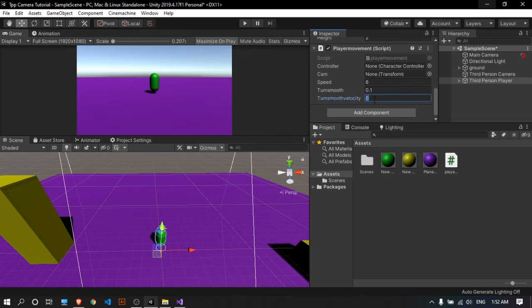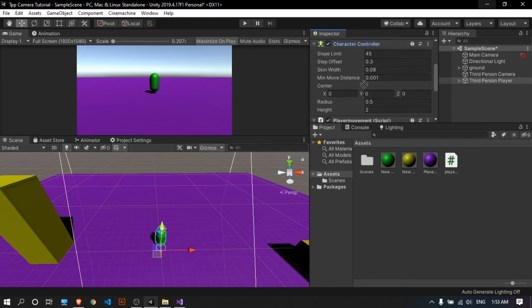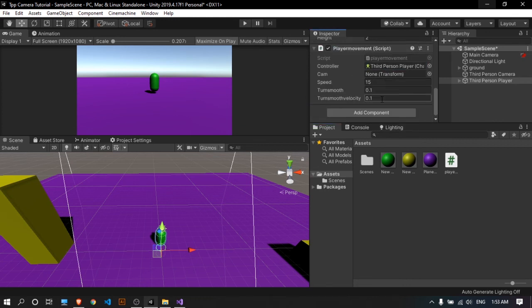So I'm just going to set the turn velocity to 0.1, the smooth turn to 0.1, and the speed, which we have set by default to 6, I'm going to change to 15, so it makes our default scene look a bit more speedy. And now in the controller we are just going to drag and drop the controller which we just added to our player, and in the camera we are going to add the main camera.